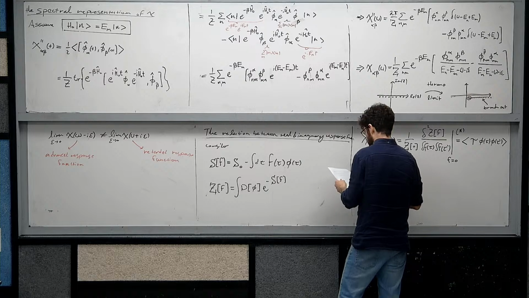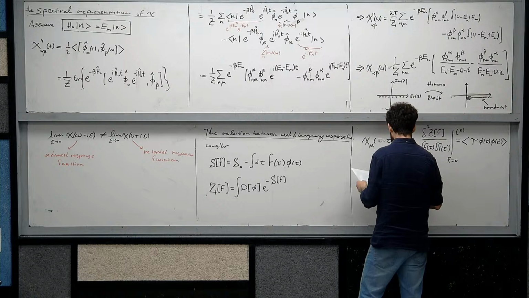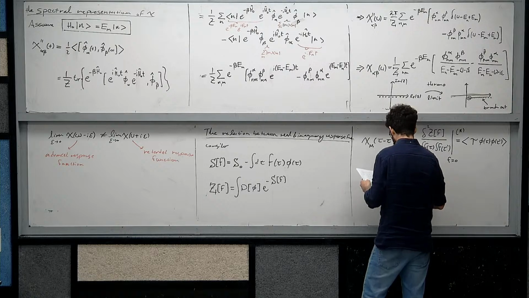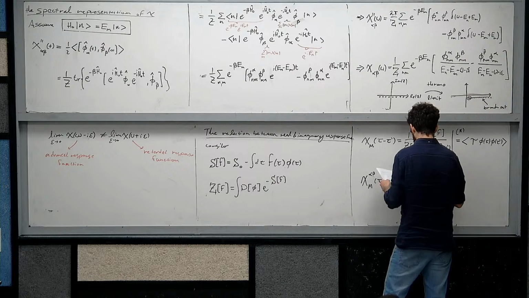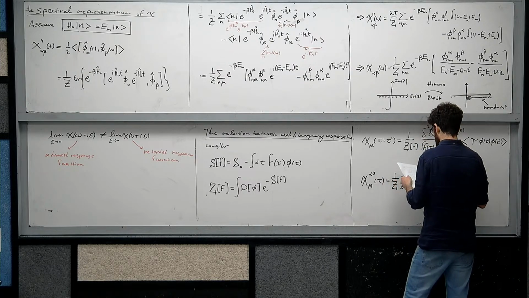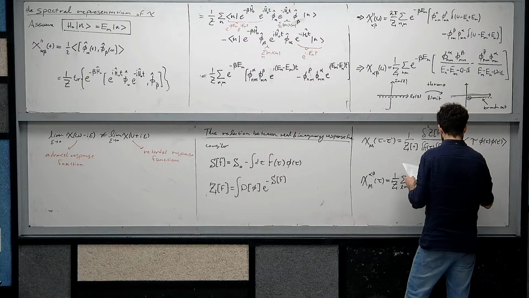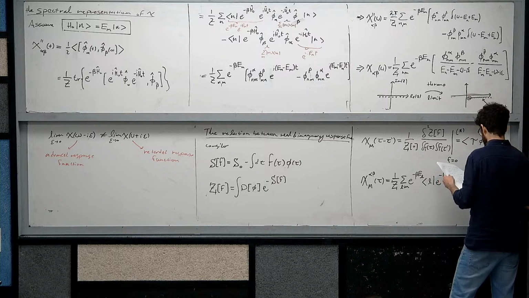chi m alpha beta of tau is 1 over Z of 0, sum over L and M, e to the minus beta E_L, sum over L, e to the minus H tau, phi alpha, e to the H tau, phi beta, L, theta tau